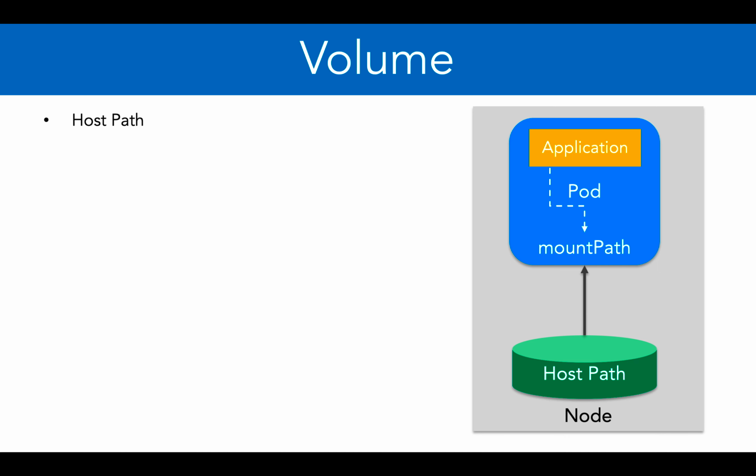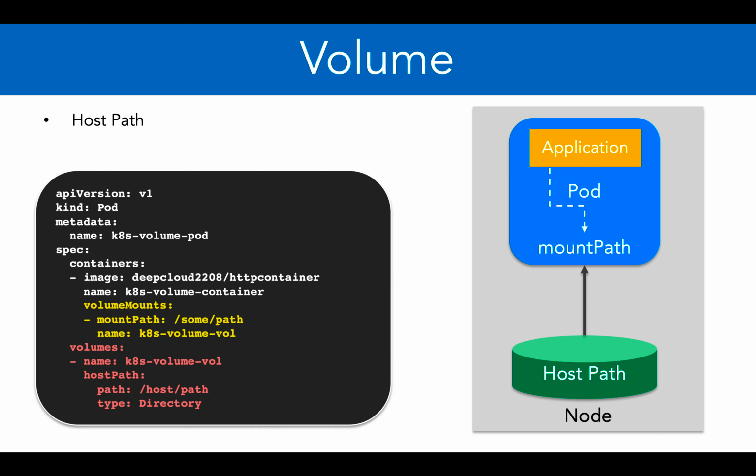Now there's one more type which is hostPath, and we'll be using this one in our demo. So hostPath is nothing but a file system which is already associated with a device, either in AWS EBS or GCE PD, and then we associate that with the pod. So here, instead of AWS Elastic Block Store or GCE persistent disk, we mention hostPath, with parameters like path, which should be the path on the node, and the type is directory.